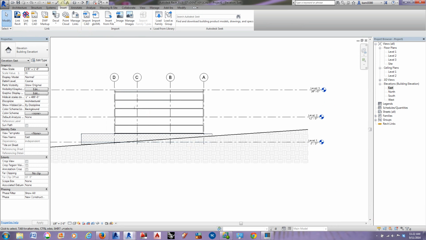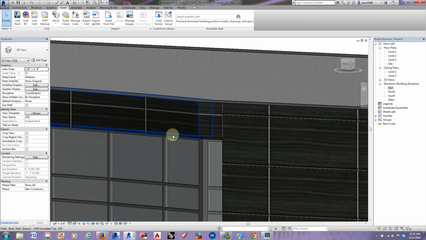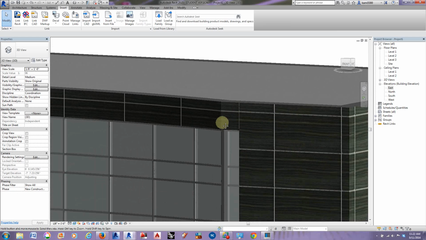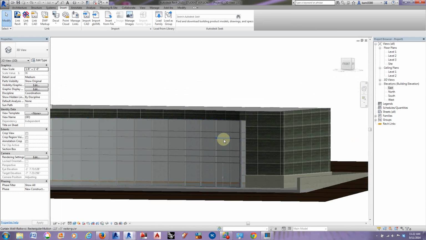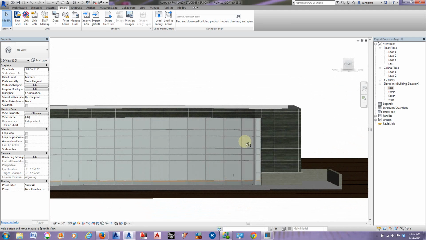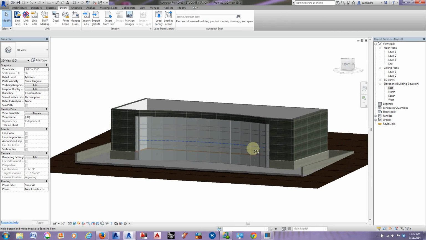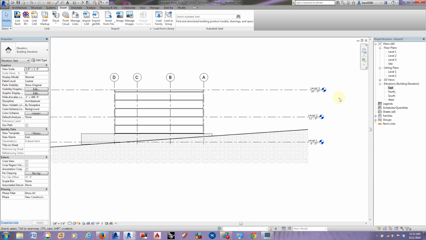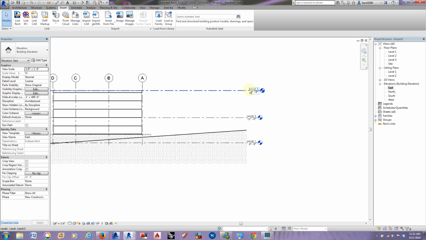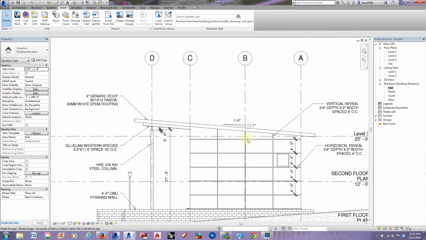And I think that warning that we just got was this reveal went away. At any rate, we now have our elevation set to the correct elevation,